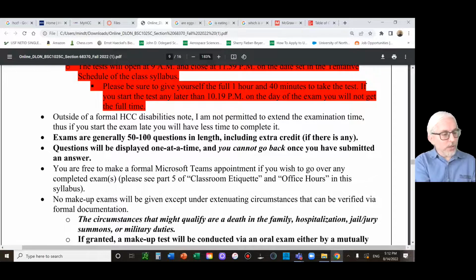Maybe you don't do well on this area, but you do well on that area. So in that case, if you had 100 questions and you miss 15, that's a lot to miss, but you still got a B. If you have 30 questions and you miss 15, obviously you failed. So longer tests have much more benefit to students. Kind of keep that in mind.